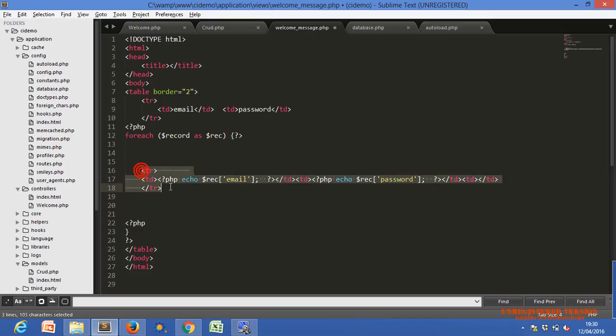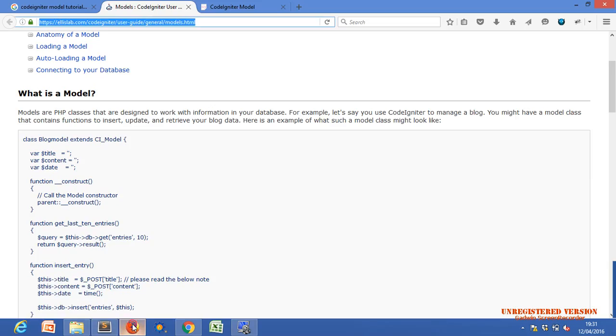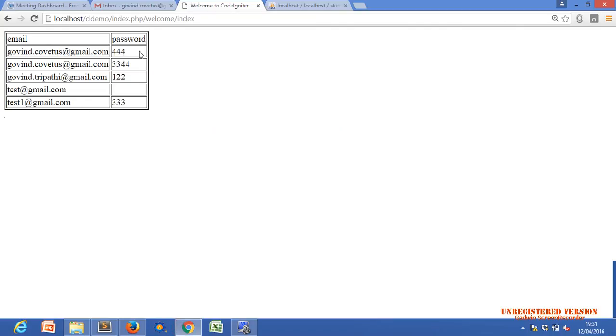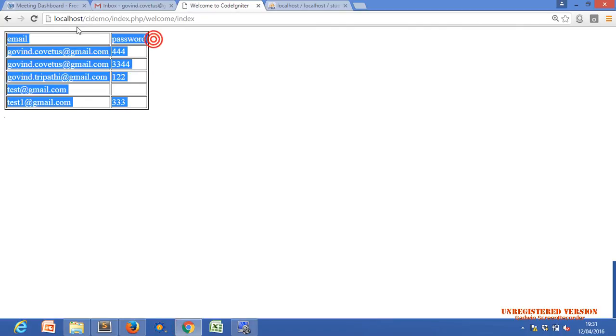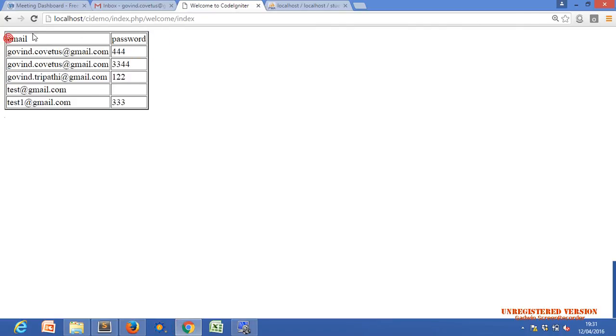Within the table tag, we have created a tr tag start, tr tag end. Within this tr tag, we have created two td tags. First tr means table row. So we get this heading, email and password, because of that first tr.